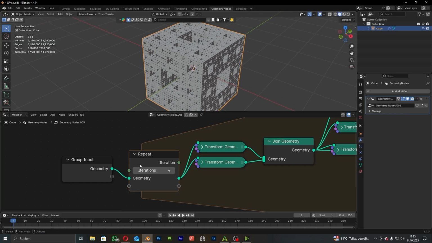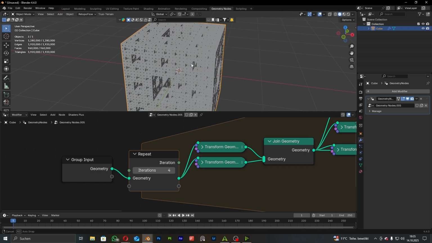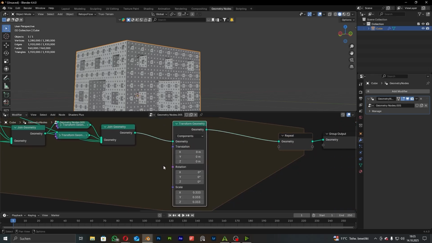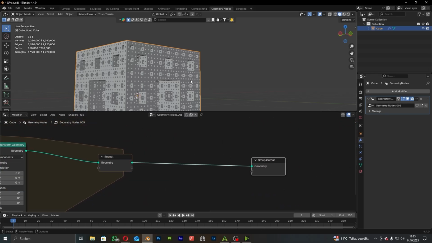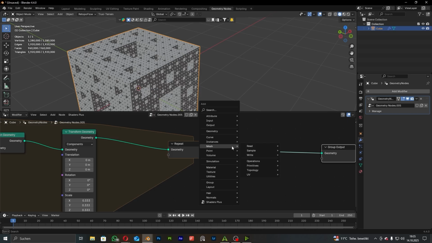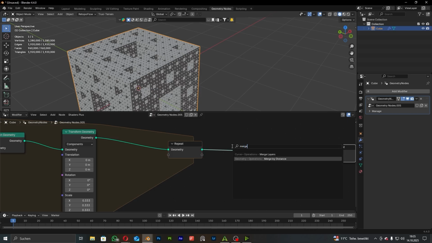However, you can see at 4 iterations we are already at 1.9 million triangles, so I think 5 or maybe 6 is the maximum here, except if you have a really good graphics card, but you're gonna have to experiment with this. And one last optimization that we will do is utilize the merge by distance node, which is basically